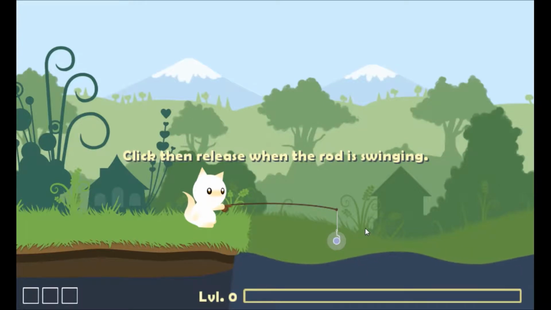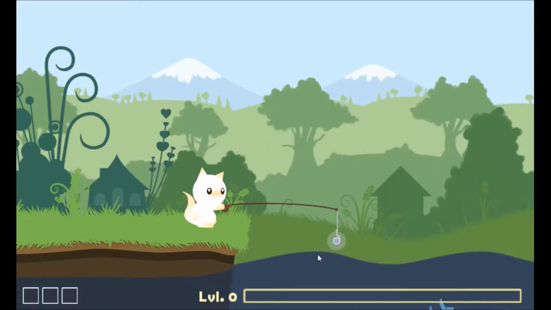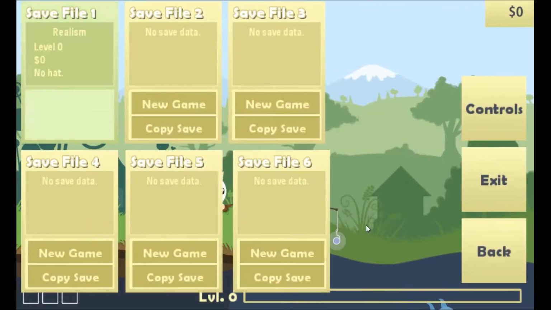So the cat goes fishing, you're a cat, and you fish. You fish for a lot of things. There are a lot of different species of fish in this game. There are many different types of upgrades for your basic fishing rod. There are upgrades for your lure. There are upgrades to get boats. It's a much deeper game than it looks at the start. All right, let's take a look at our